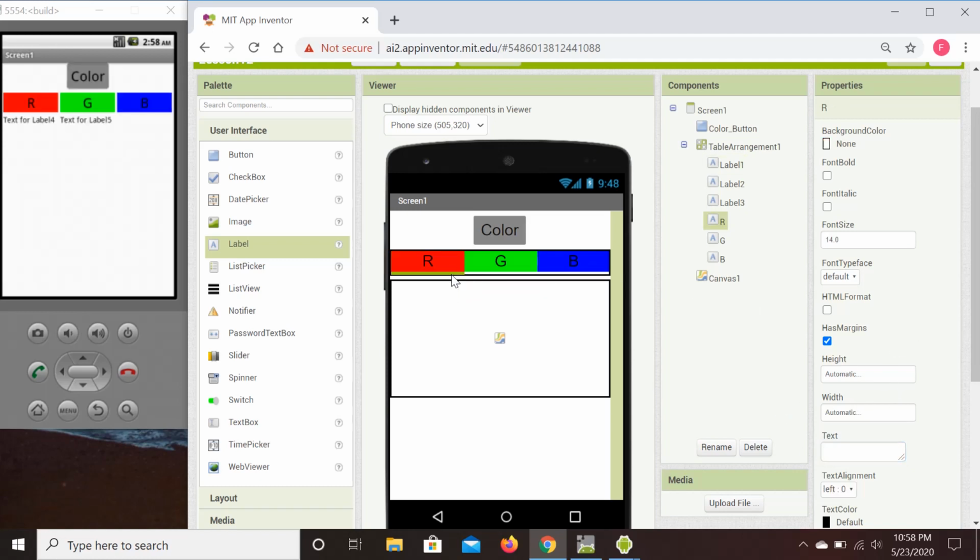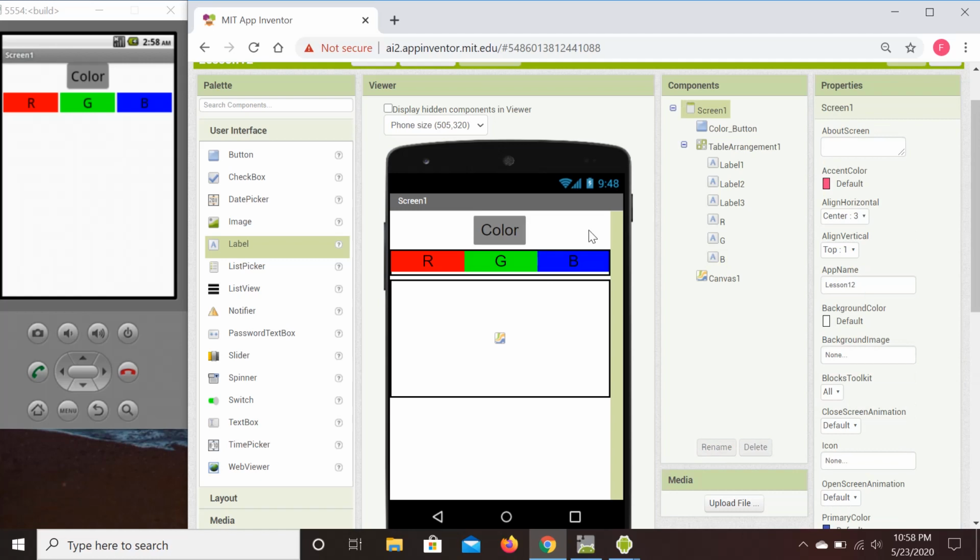And let's say we're gonna increase the font size, alignment center, increase the font size, center, and font size, center. Right, so we're ready now, and let's go back in our